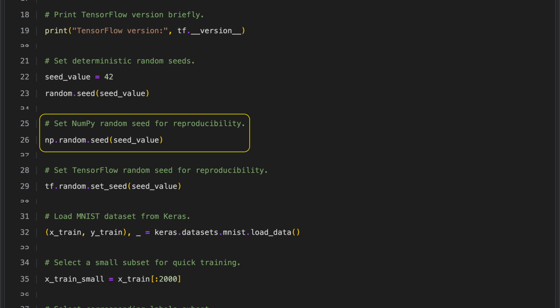We set the random seed in NumPy so that any random numbers it generates are always the same each time the code runs. This makes the results reproducible, which is important for debugging and checking that our work is correct. By fixing the random seed, we can reliably repeat experiments and verify that changes in output are due to code